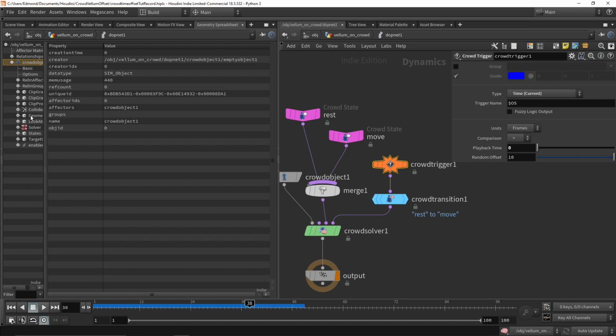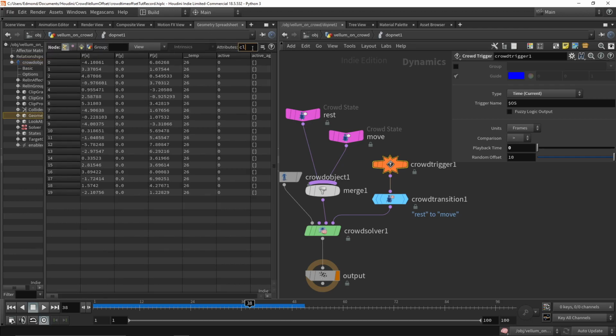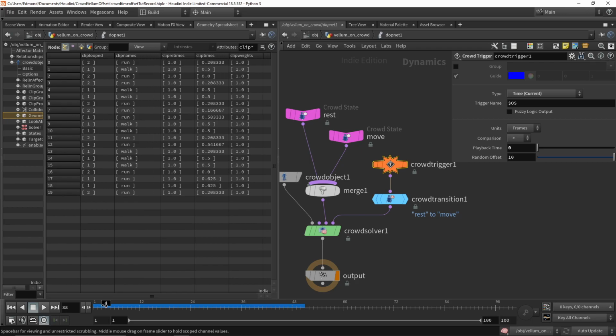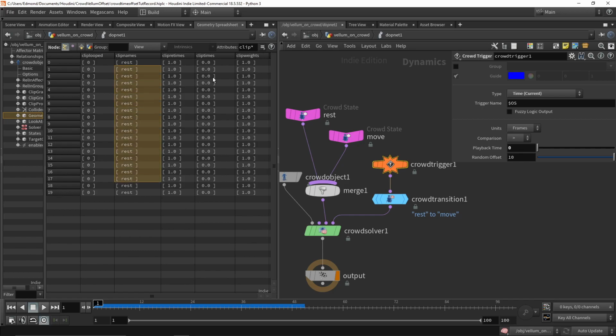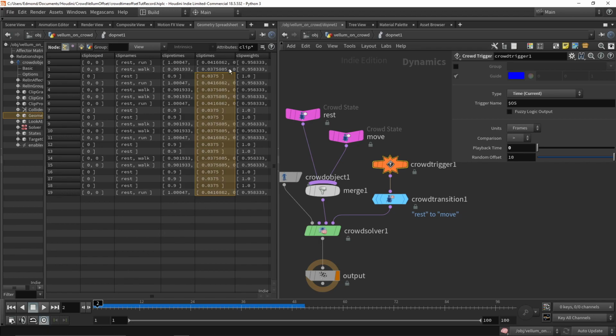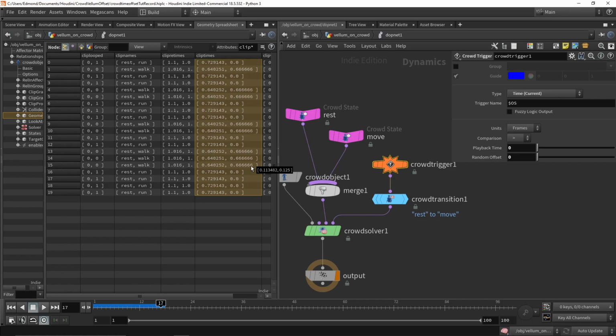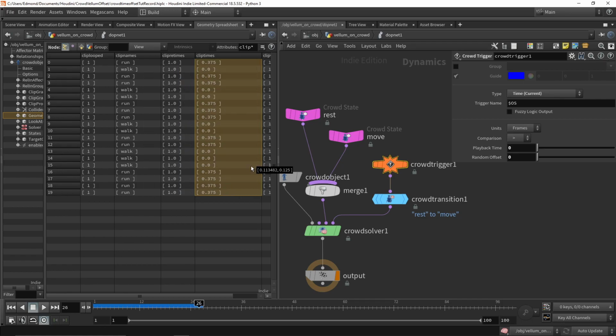By looking at the data inside our crowd object, you will see that the geometry contains attributes related to the clip being played. For instance, at frame 1 we have the rest clip playing at the clip time 0. Then when the transition starts, we have a new clip in the clip name array and a new clip time in the clip time array. The issue being that the second value is the same for every agent, as the transition starts at the same frame for everyone. At the end of the transition, the second value overrides the first, and is now being used as the clip time for the current animation being played. So all we need to do to randomize the clip time picked by the transition is to override that second value.